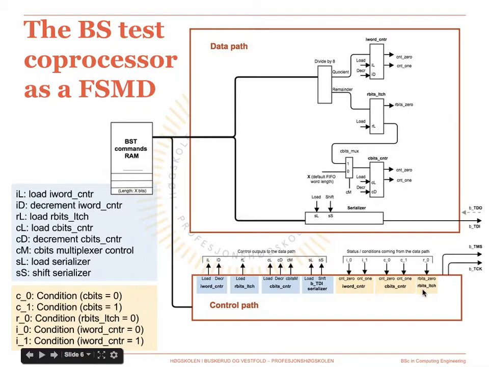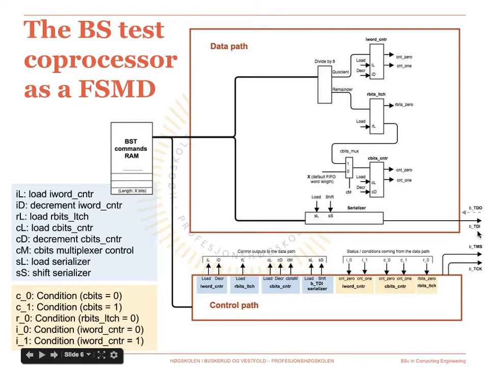Now, the proposed test coprocessor is indeed a finite state machine with data path, and as such it can be represented by its data path and control path architectures as shown here. The data path is relatively simple and comprises two counters, these two counters here, one latch, one serializer, and one divider. The serializer is needed to convert the bytes loaded from the shared memory into the bit stream driving